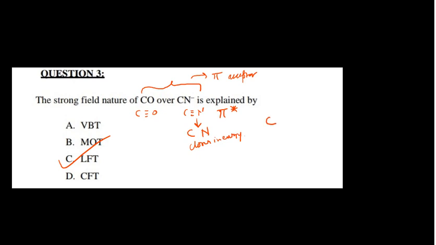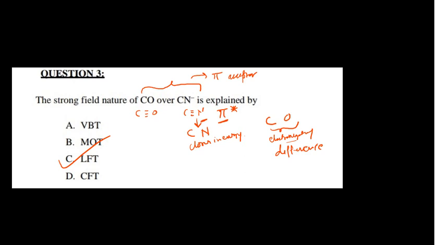And if you see carbon and oxygen, there is a very vast electronegativity difference. Sorry for my handwriting. When this happens, there is less mixing. With cyanide there is more mixing of the pi antibonding orbital, because they are closer in energy, so the mixing is very high in that case.